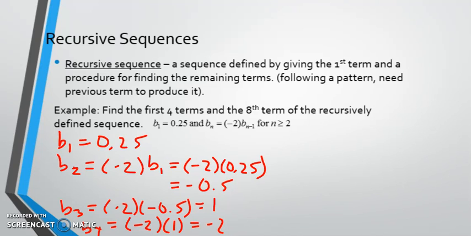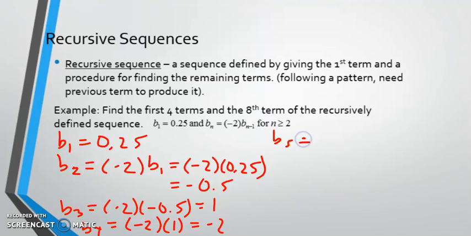And then here's the downside with recursive sequences. We found the first four terms. We know b sub 1, b sub 2, b sub 3, and b sub 4. But they asked us to jump to b sub 8. I can't just skip to b sub 8. This pattern is defined around knowing the previous number to find the next number. So I still have to go through and list b sub 5, b sub 6, b sub 7, and b